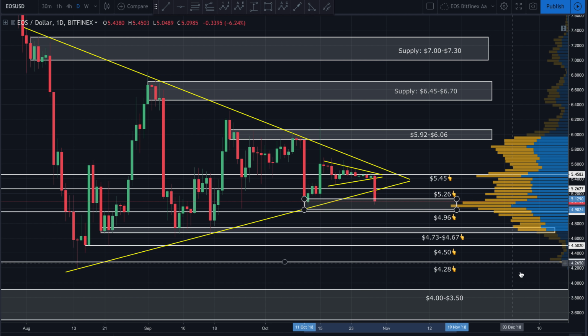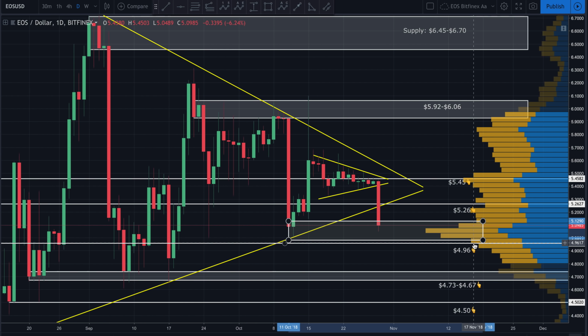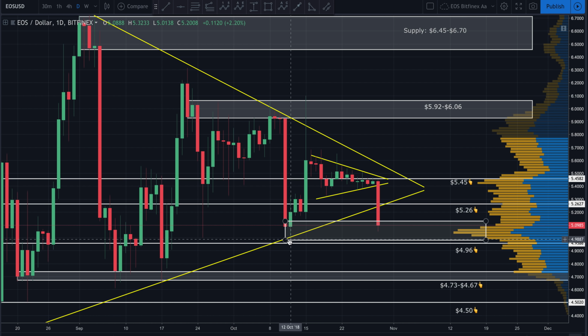If this doesn't hold, let me zoom in here so you can see a little bit better. If we do end up breaking below this prior wick, this prior low, that would mean that we did for the first time finally create a lower low. In other words, that could signal the start of a trend, even though that would not be a trend yet. That could signal, and I want to emphasize could, not will, the start of a downtrend. Now, I'm not saying that's going to happen, guys. I'm just going to say we're going to be watching price very, very closely and see if that does end up happening.